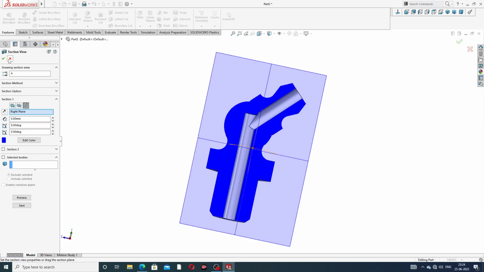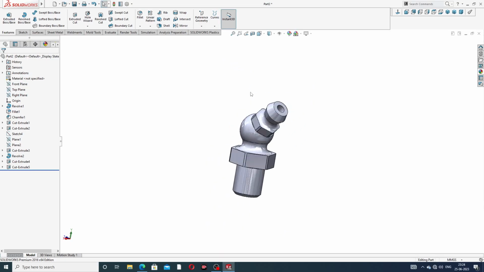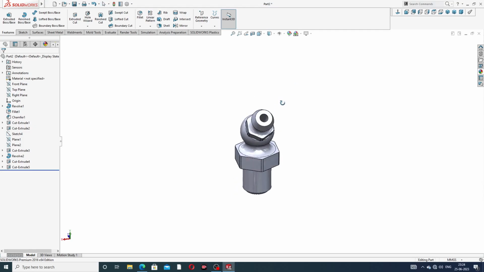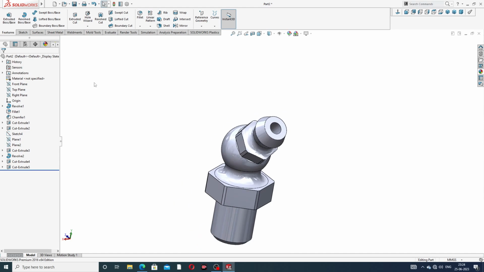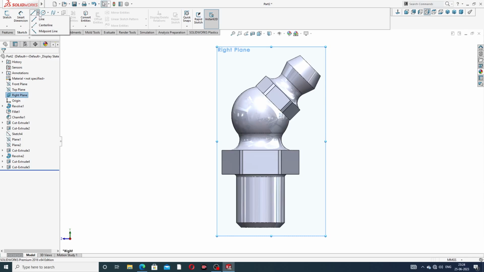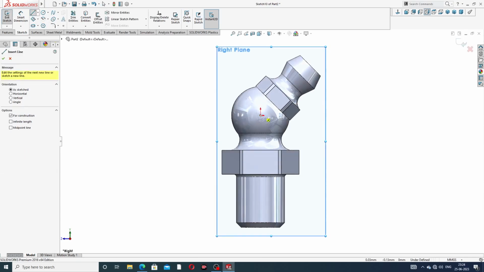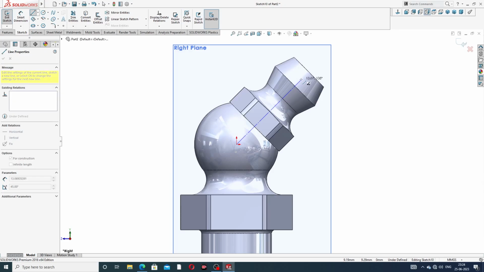And okay, and next use this ball, okay, and use the right plane, sketch normal, and use a center line to this. Okay,